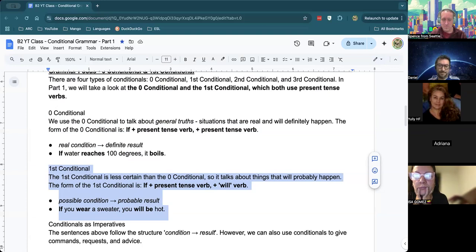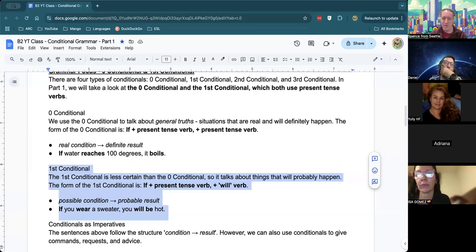If you wear a sweater, you will be hot. So it's a possible condition, it's a probable result. If you were in northern Canada and you wore a sweater, you wouldn't get hot. It's not always true, but